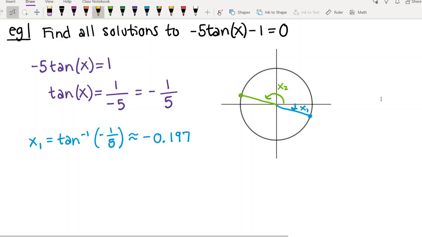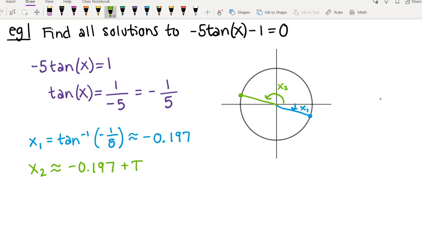And the reason is that basically, it's like you're subtracting the blue angle from pi, right? And so this angle here is the same size as the blue angle. And so if you do pi minus that amount, that's going to give you the green angle. So in other words, x2 is approximately equal to negative 0.197 plus pi. So you're just adding pi, and that will always work for tangent because the period is pi. So you would get the second angle equal to